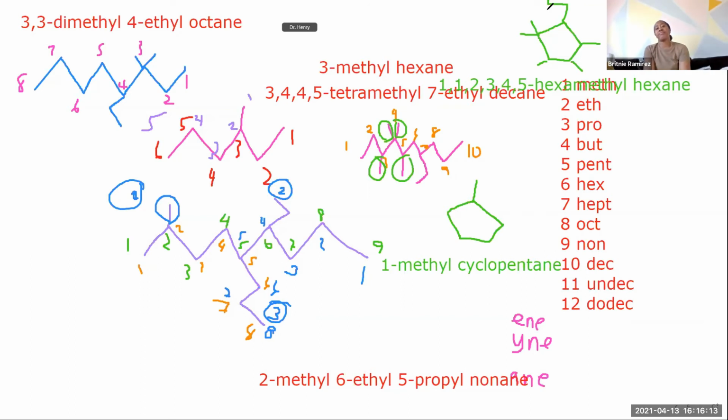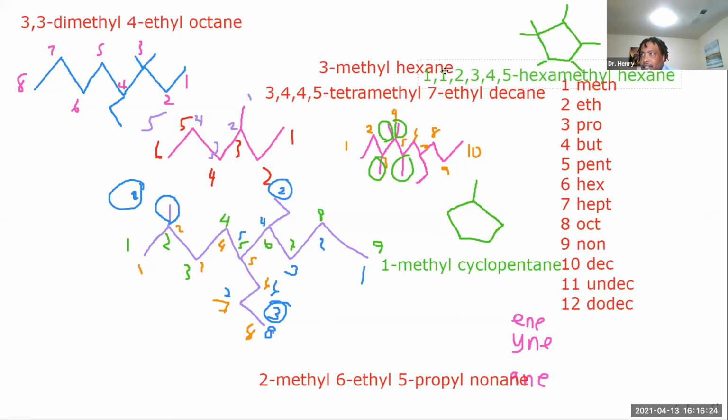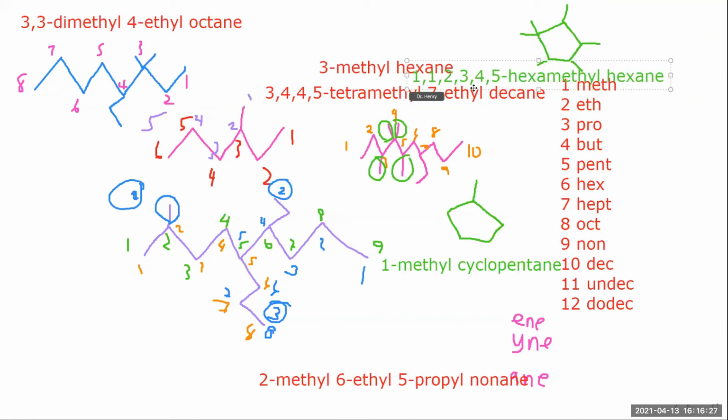That makes sense. Does that make sense? Yes, I got you. There's one of those nomenclature things. So the 1,1, is that the two coming off the same? That is the two coming off the same. 1,1, and then the two would be right here, 3, 4, and 5. Oh, I see it. Or you could have gone the other way around. Yep. Dr. Henry, is it supposed to be hexa or penta? Yeah, that's what I was supposed to say too. Penta. My bad. Thank you. Good eye.